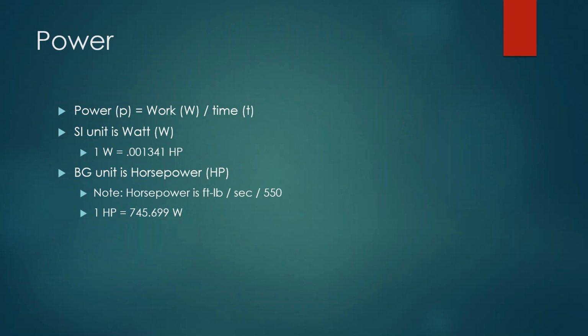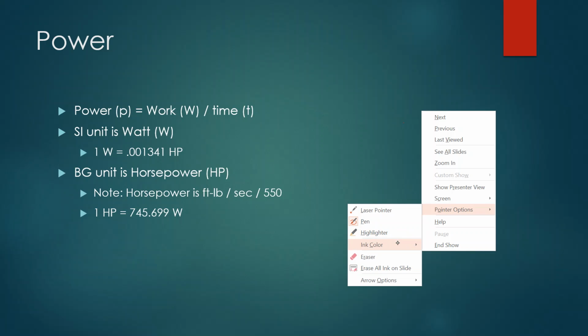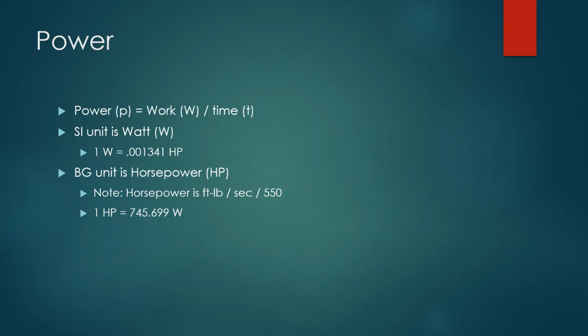Okay, so first of all, power. There are several equations for power that we're really going to use. But the main one that we probably should talk about is going to be work divided by time. Now, work, if we remember, is going to be some distance times some force. So we could take that and divide it by time, and we're going to get power. Now, for SI units, it's pretty simple. We get,